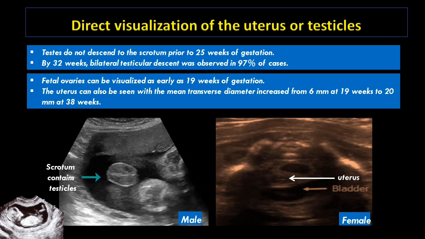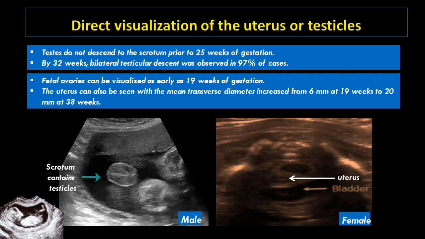Testicles do not descend to the scrotum prior to 25 weeks of gestation. By 32 weeks, bilateral testicular descent was observed in 97% of cases. The fetal ovaries can be visualized as early as 19 weeks of gestation. The uterus can also be seen, with the mean transverse diameter increased from 6 millimeters at 19 weeks to 20